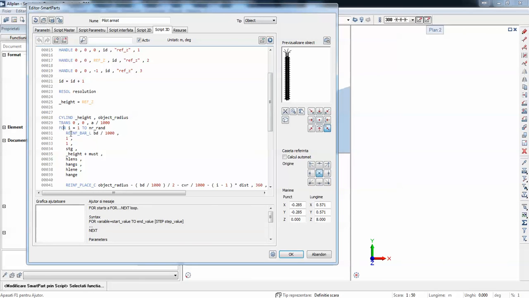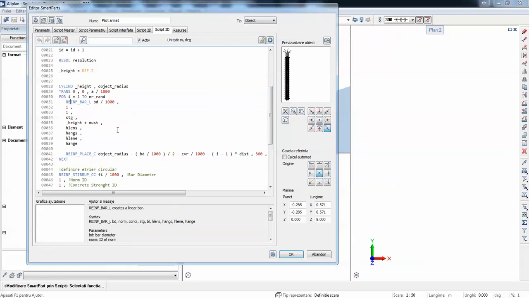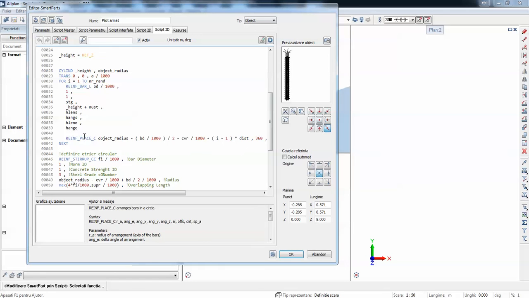And then we define the longitudinal reinforcement bar, and here are a lot of parameters, described in the help, where you can see what each parameter does. One is for concrete cover, quality, and hook properties, and then you have a function to place the reinforcement.